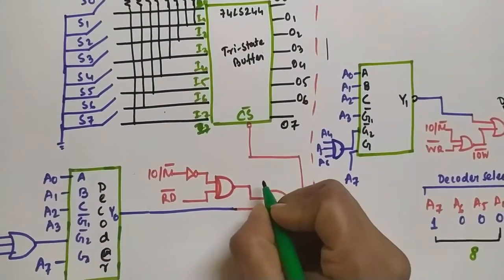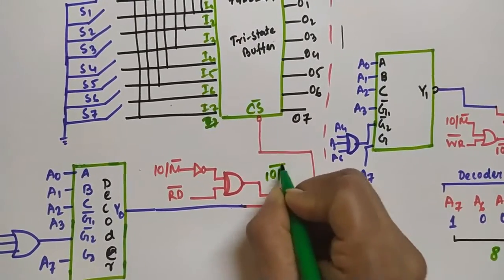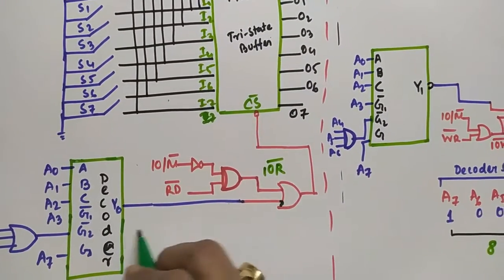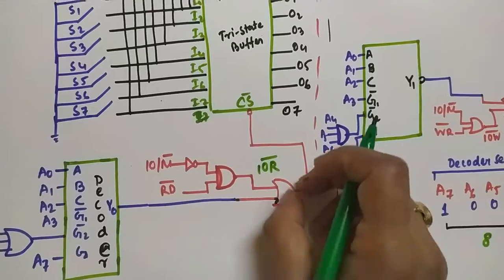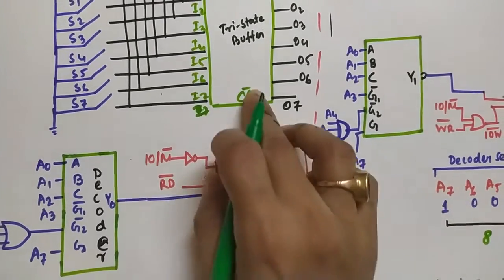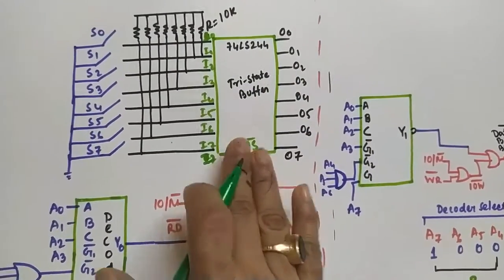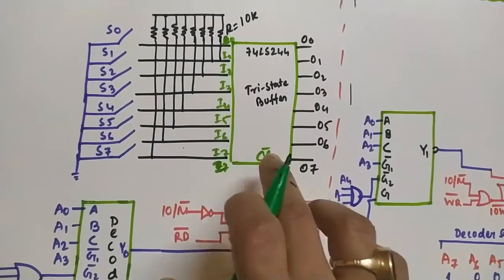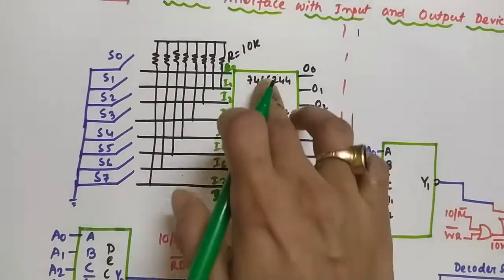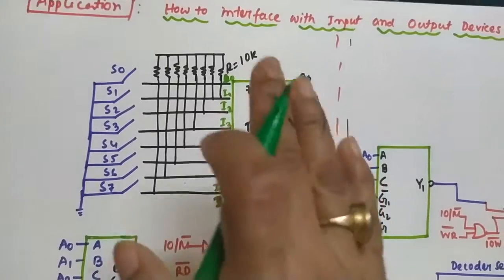So the IOR bar signal is generated here, and this IOR bar and the chip selection signal go through a logic gate and generate the device selection signal. And after applying this signal, this tri-state buffer is going to be activated. Now